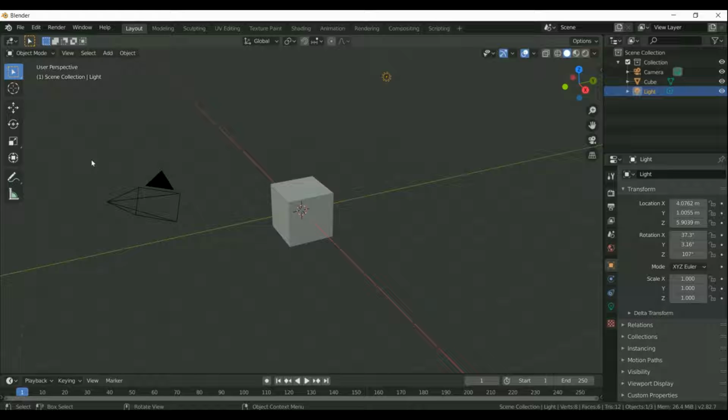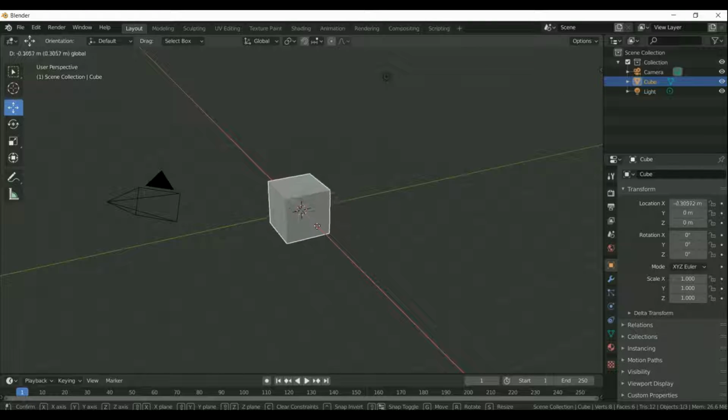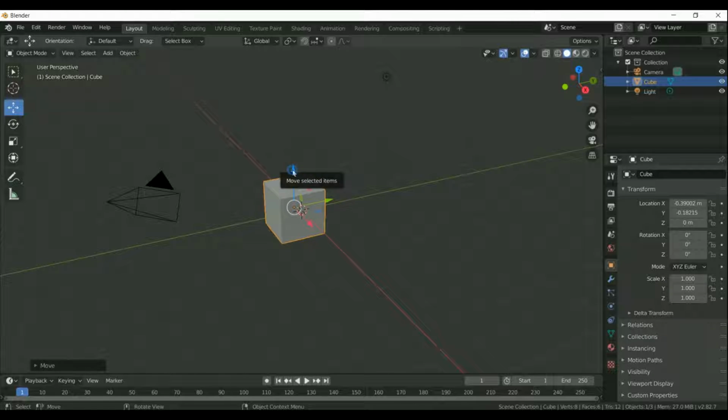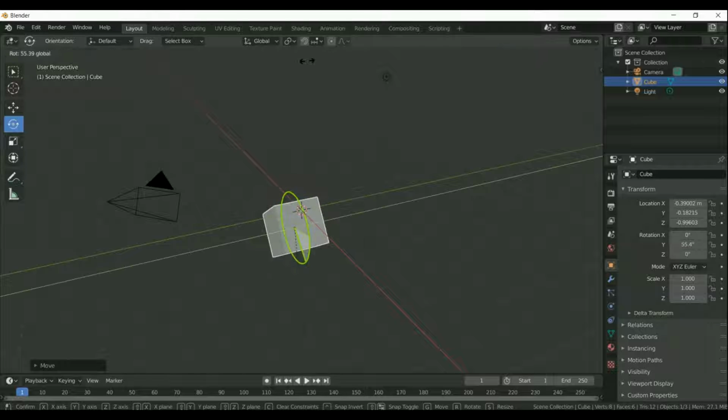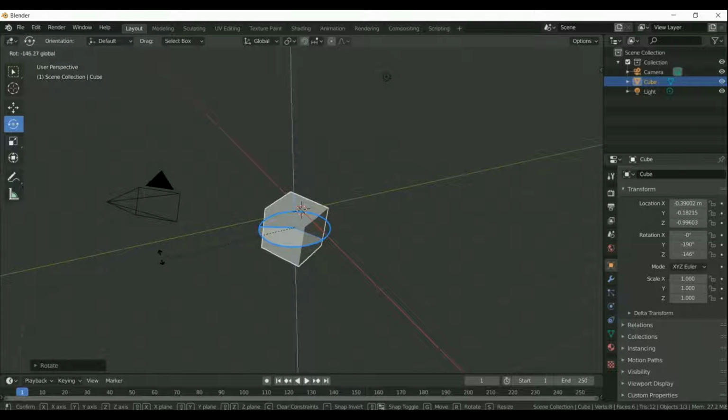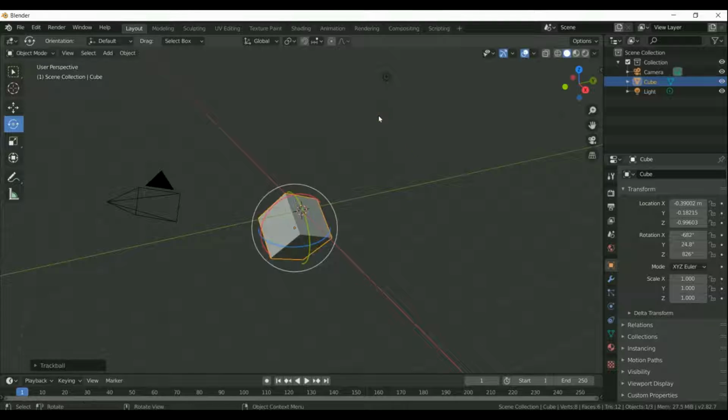Going through the tools, we have introduced the selection box for selecting an object, and the next tool is the move tool for moving through the X, Y and Z directions. For moving, we just click on the axis and move through the direction we need. The next tool is the rotation tool. We can rotate an object through this tool, by different axes, in any direction. We can move in any direction through this tool also.